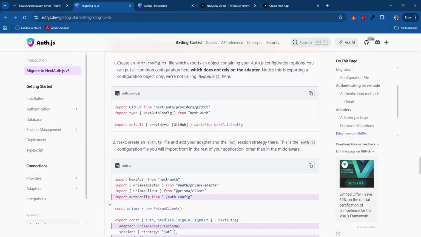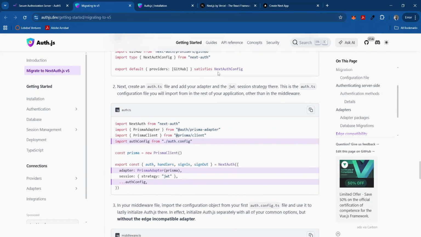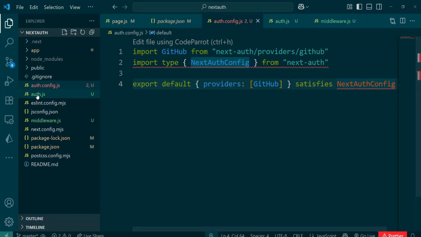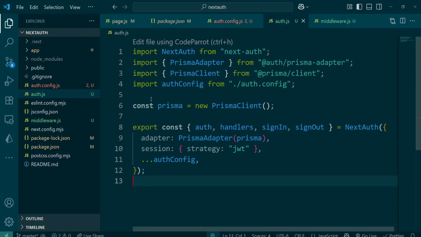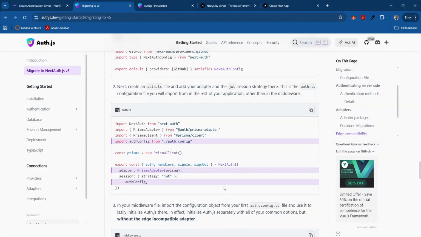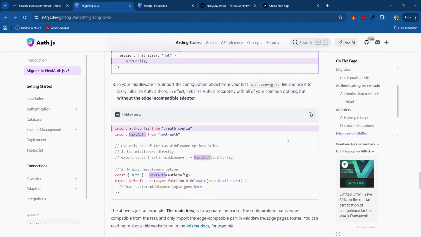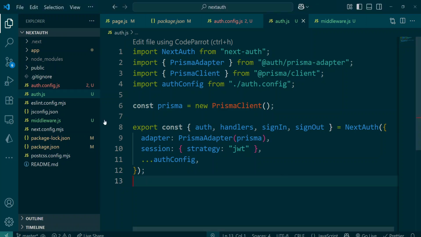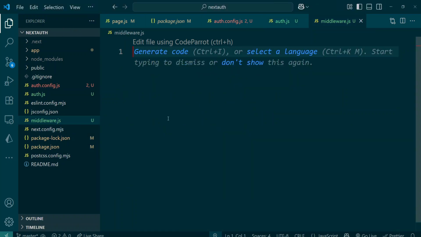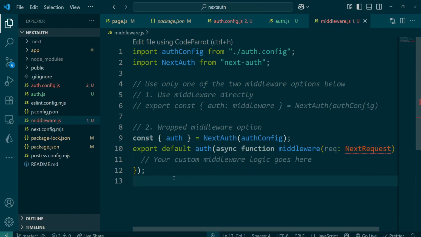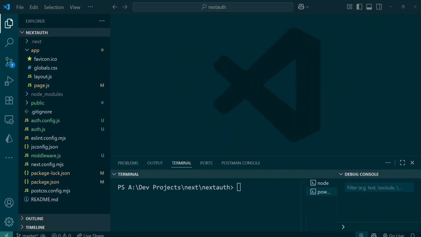Then let's go for the auth.js. This one is typical of TS. Our auth file is this, and our middleware.js file. Let's go for our middleware. This is the middleware, just to have a bare beginning. So now that we are done with creating these 3 important files, the next important file that we need to create is our